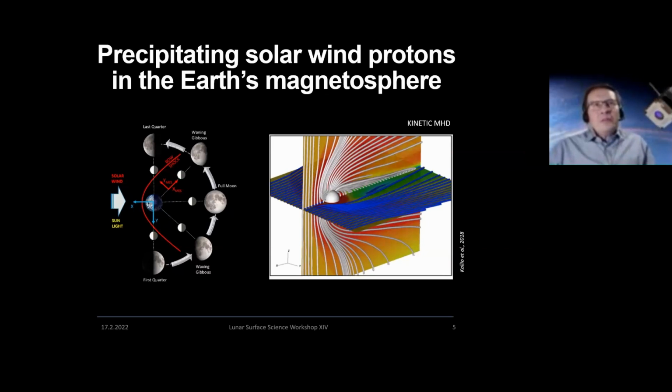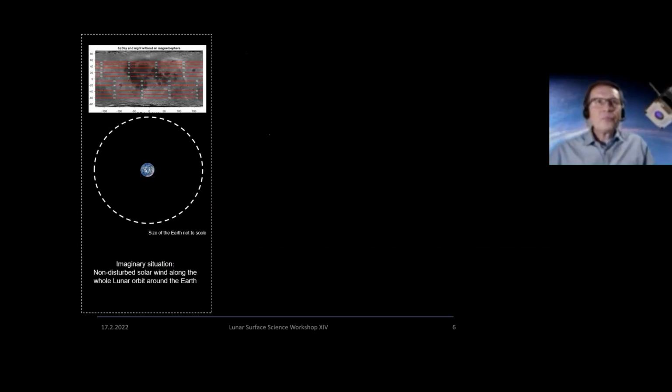Now I would like to point out one interesting consequence of this fact related to the properties of the solar wind particles which hit, so precipitate, to the lunar surface. I'm now using a simulation model that includes both kinetic and magnetohydrodynamic effects. In this plot, red lines show constant